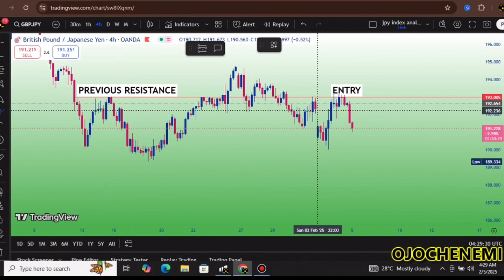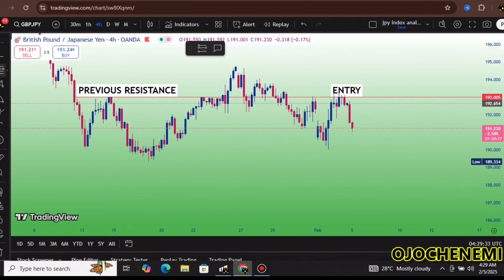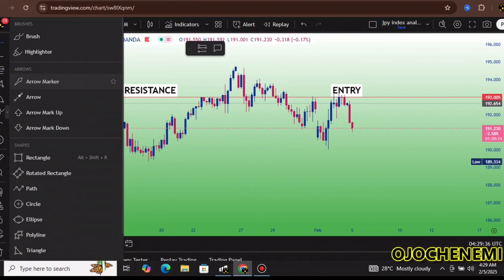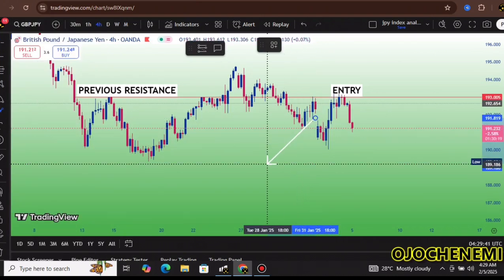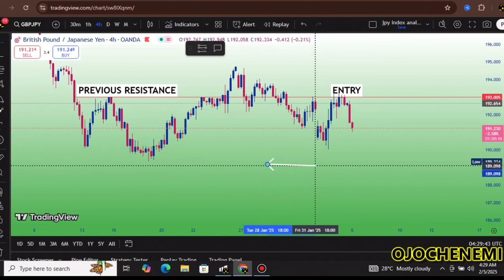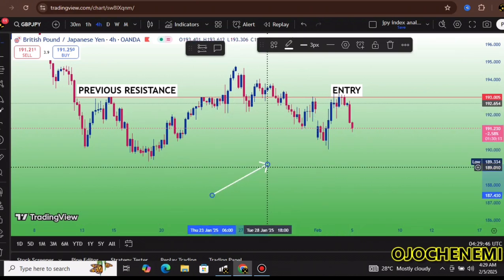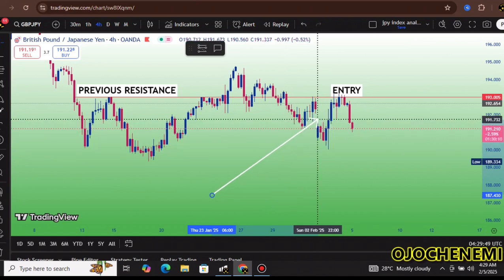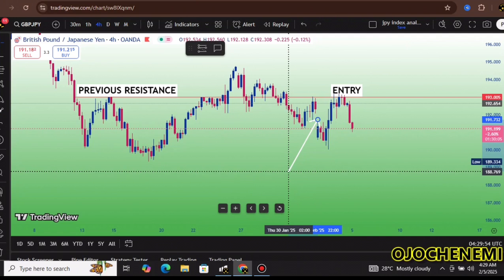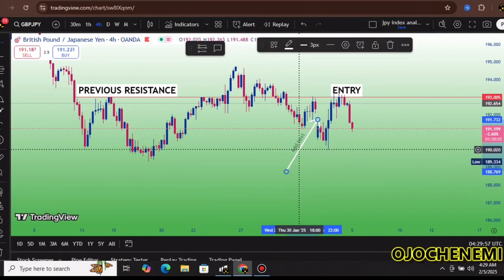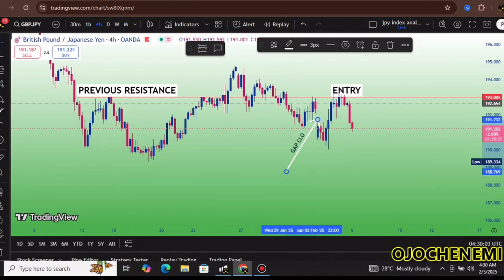The market went up to fill the gap. I'm going to show you the gap here, because at the open of the market, that was on Monday, it opened with a gap. So I'm showing you the gap here. The market went up to fill the gap before it continued, because the market was coming down actually to make sure it retests properly, or it's aligned properly, or it makes a double bottom properly on the previous low. But because of the gap